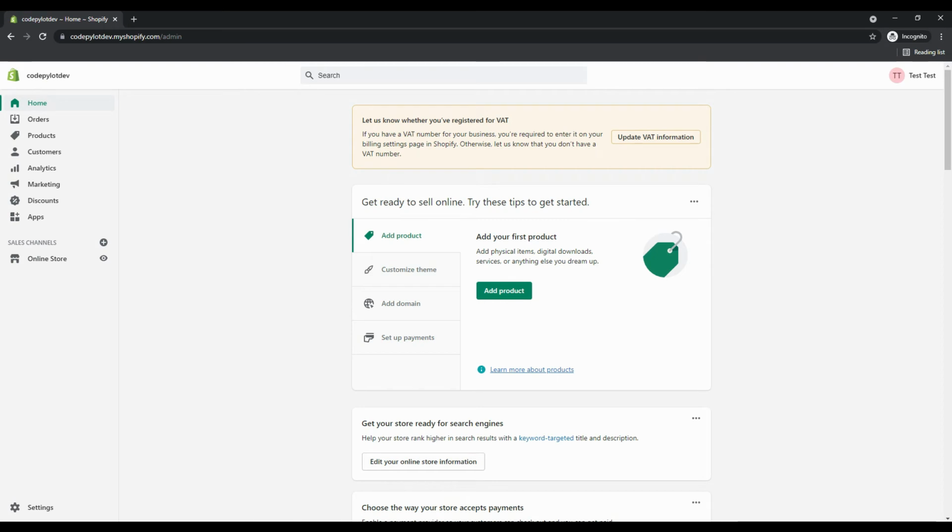Alright, so congratulations, we are now finally in our development store. You can see orders, products, customers. This is where you have to end up to make sure that your development store is ready to use. Well, so after this step,